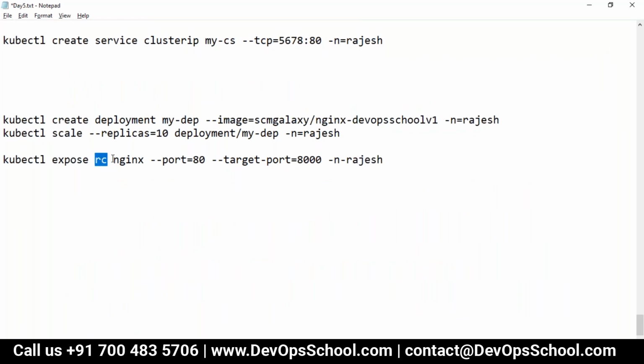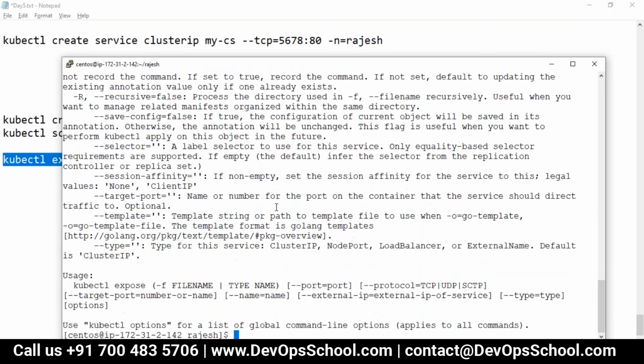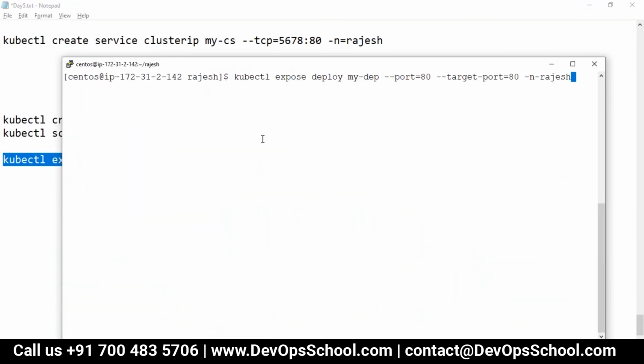So here, expose what? Deployment. Which deployment? My deployment. The load balancer port, and the target port is also 80, the container port. This will also do all the labeling.